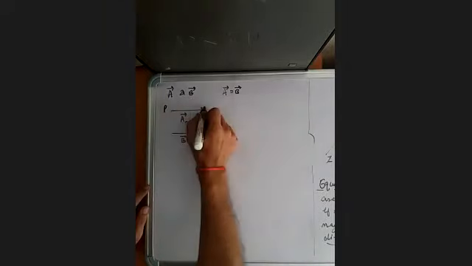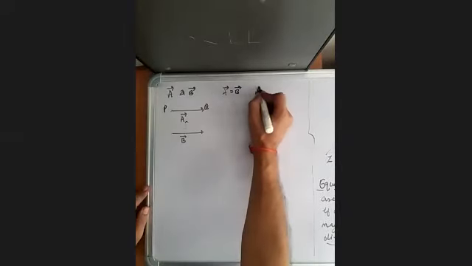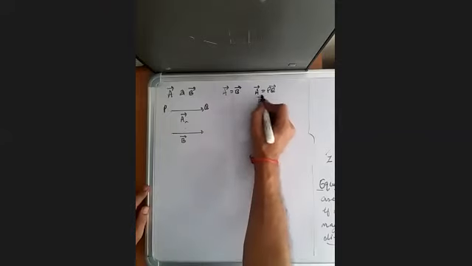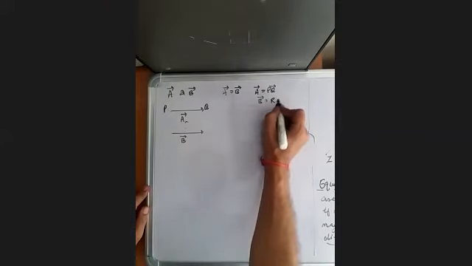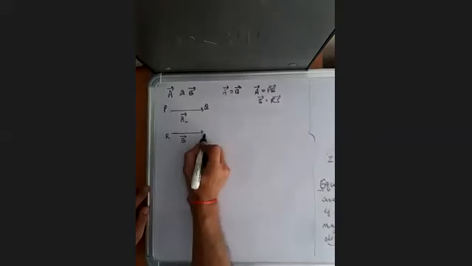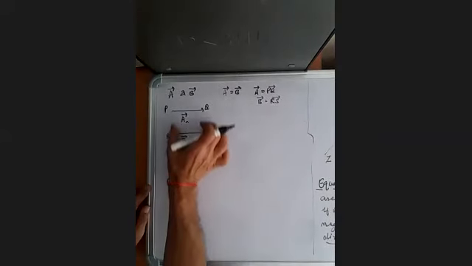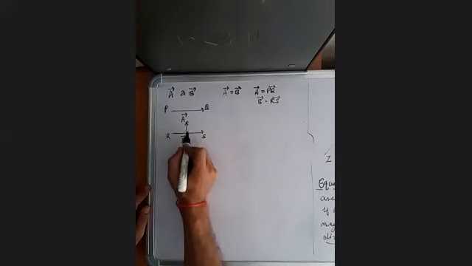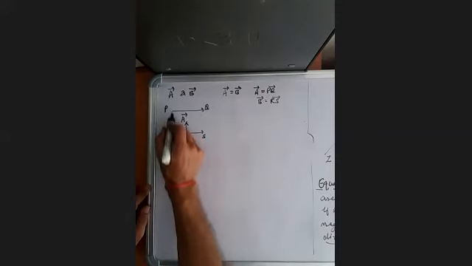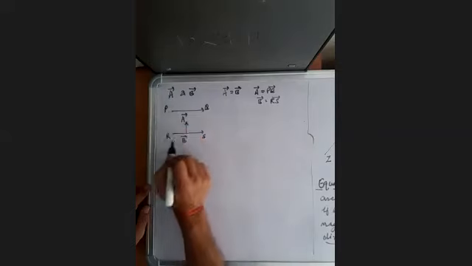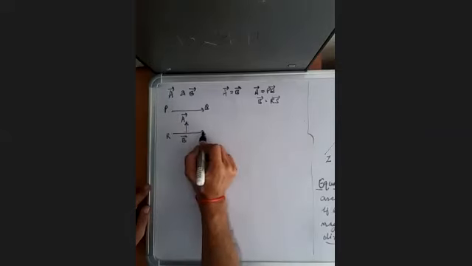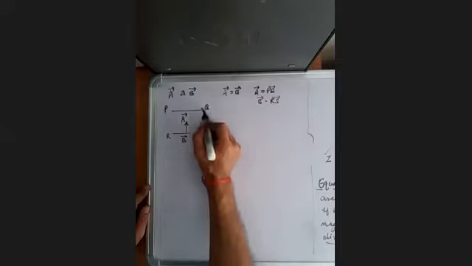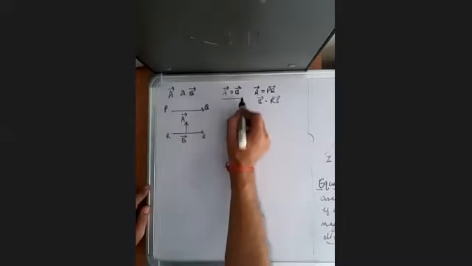So this is the PQ vector, and vector B is the RS vector. So I call this point R and this point S. If I move vector B towards vector A, parallel to itself, like this, then what will happen? If point P and R become the same point, they overlap each other, and point Q and S overlap each other, then vector PQ is equal to vector